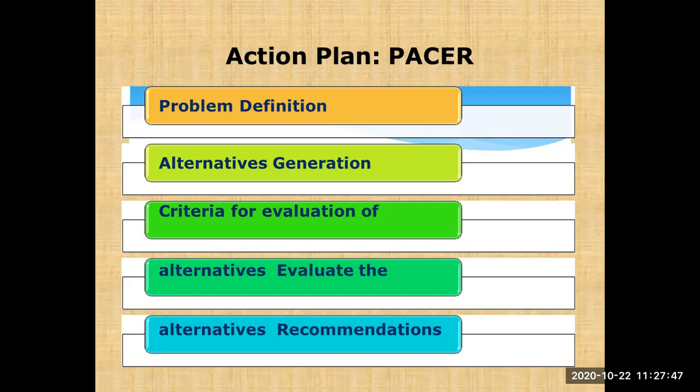Sorry. The next, after C, there is an evaluation again: evaluation of alternatives. Okay, that is E, capital E. Evaluation of alternatives means, out of the given options, which option is a valid one, which option can be implemented. Many options can be there to solve the given problem, but out of those, which one is valid and implementable, considering all the criteria to be followed and all the limitations imposed? That gives us the evaluation of alternatives.